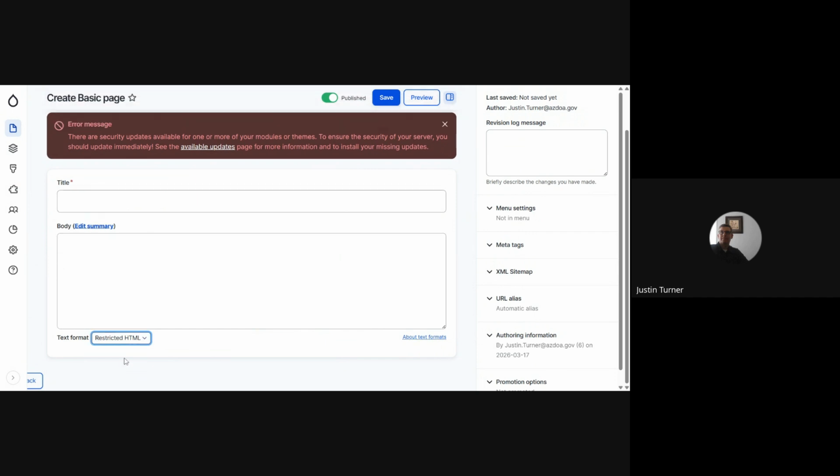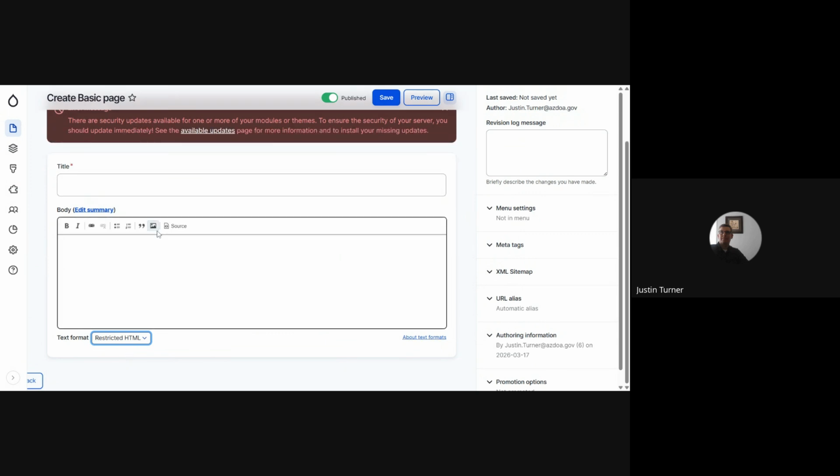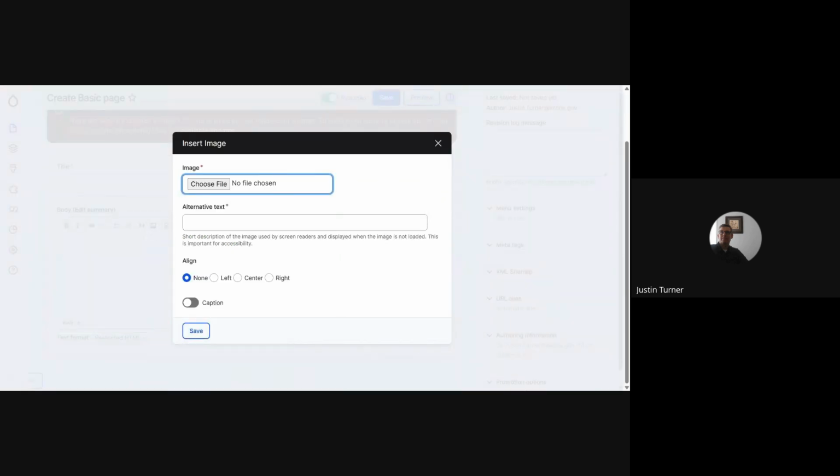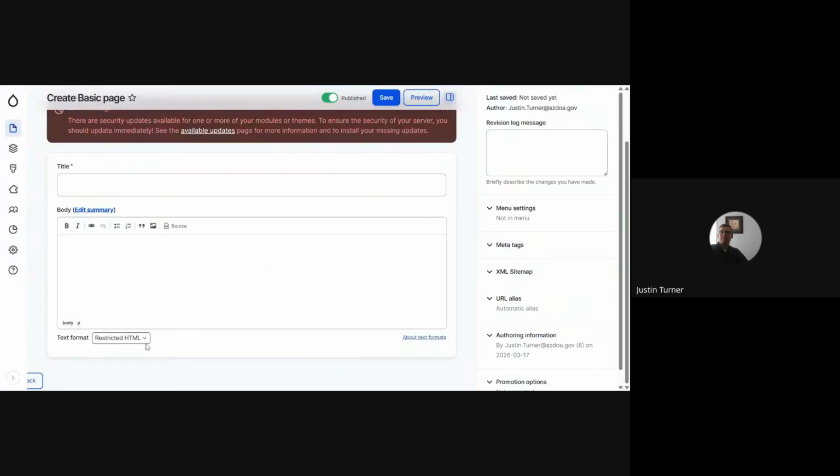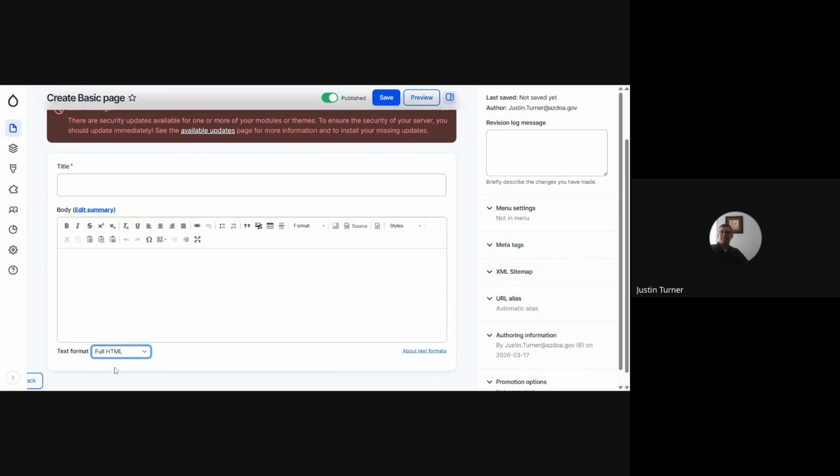But if I change it to restricted HTML, I can get my add image button, and I can go over here and on this site be able to do the same process I was doing through the add image button. So this is another way of going about doing it. I can also switch to the full HTML version to access the media library. When I click the Insert Media Library button,